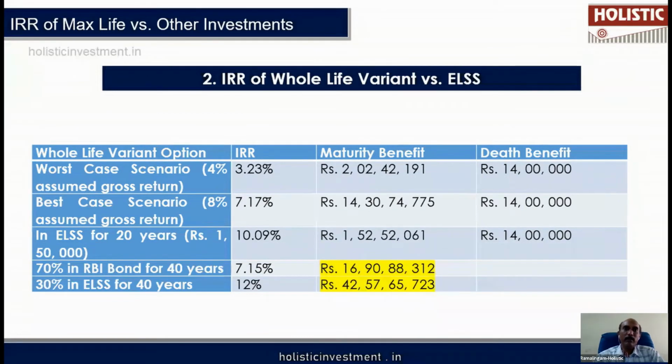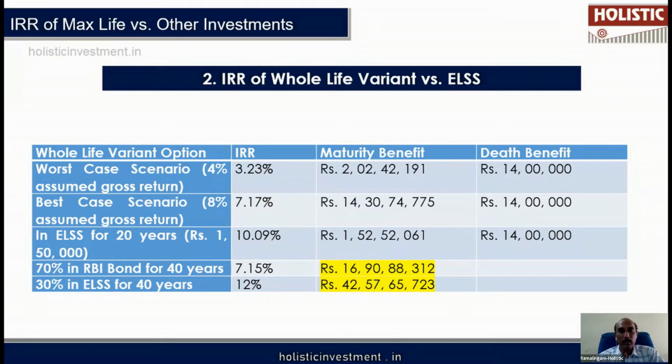If we compare the internal rate of return of the whole life variant with mutual fund ELSS, because the whole life variant is a market risk related policy, to make it an apple to apple comparison, we have to compare it with another market risk taking investment option, which can be mutual fund ELSS in this case. Even in a best case scenario at 7.17% return, the whole life variant based on the example gives us 14.3 crores as the maturity value, whereas